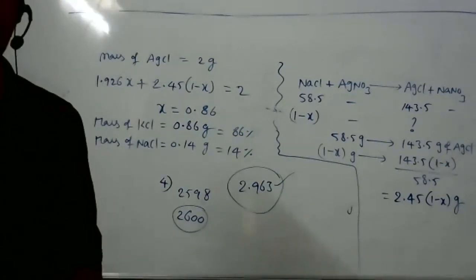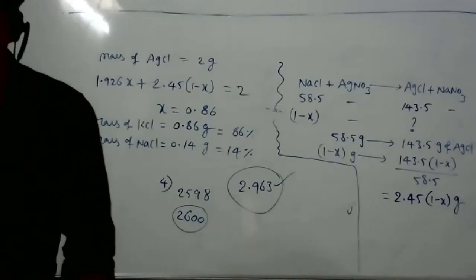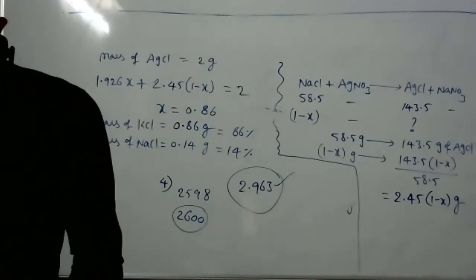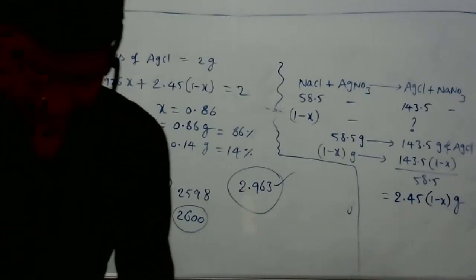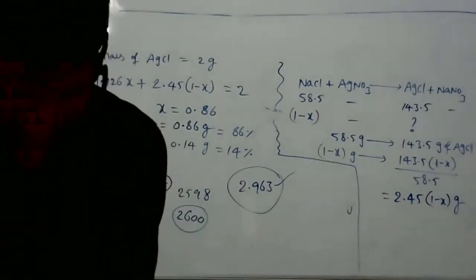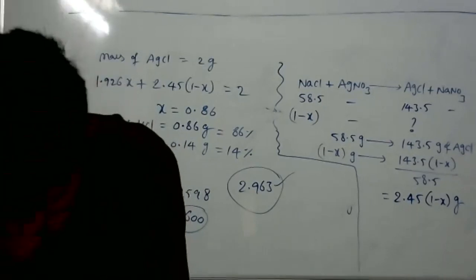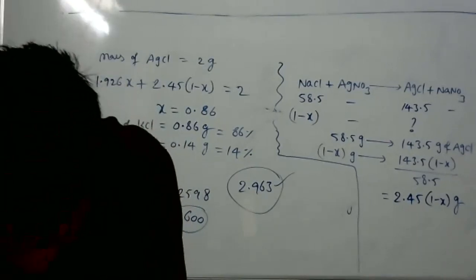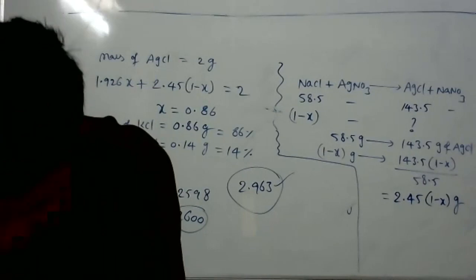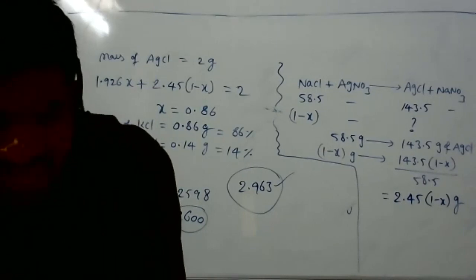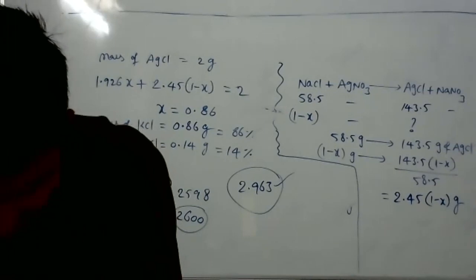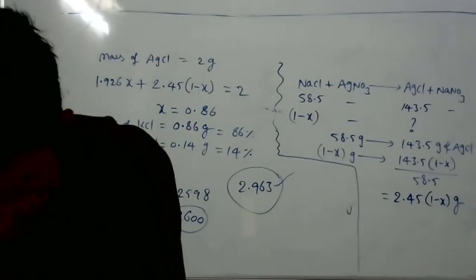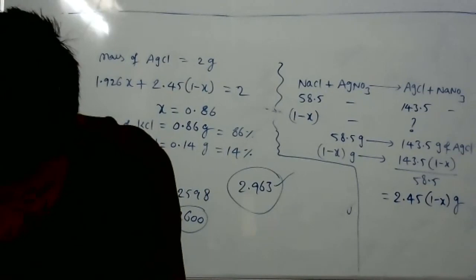Sir, could you tell the answer of the last one? What is the last question? Read it. 3 grams of H2 react with 29 grams of oxygen. What is the limiting reagent? Sir, I think oxygen is the limiting reagent. No, oxygen is the excess reagent. H2 is the limiting reagent. Yeah, H2 is the limiting reagent. And the amount of water is 27 grams. The accurate answer is 26.8 grams. You got 27. Okay, accepted.